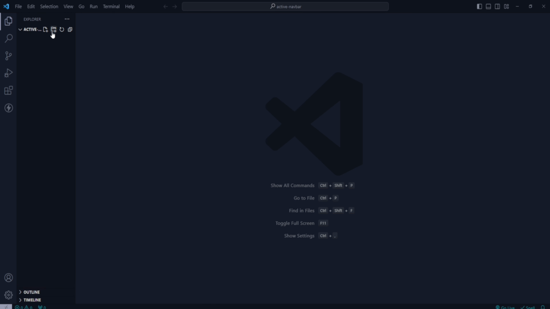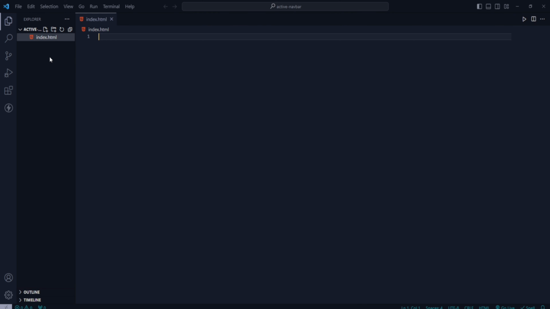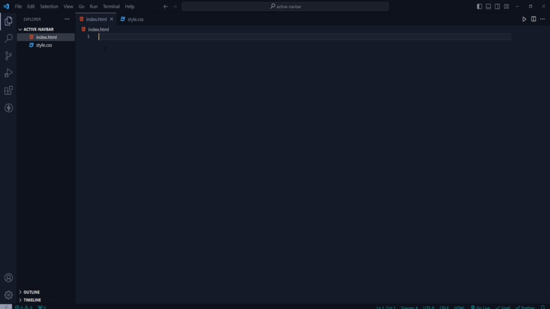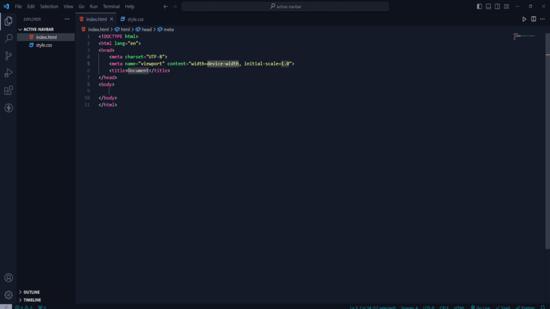I will take a file index.html and another style.css to give the style to our HTML template. And now I will take the HTML boilerplate and give the title name: active tab hover animation